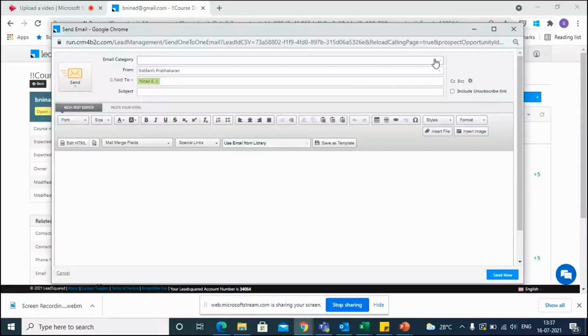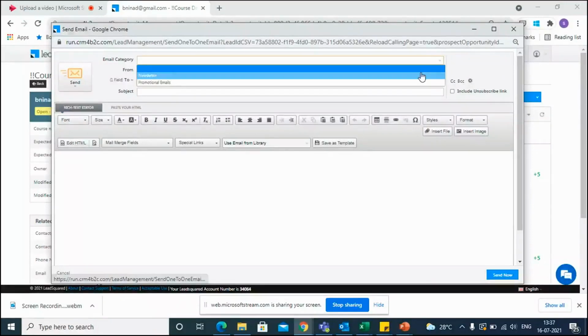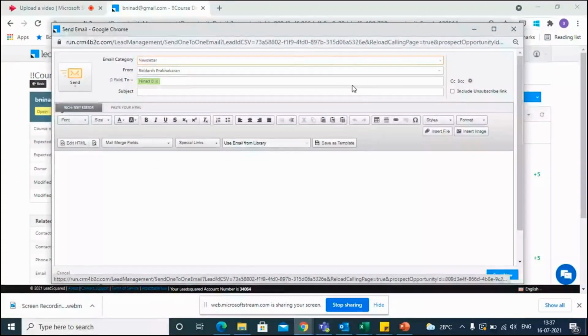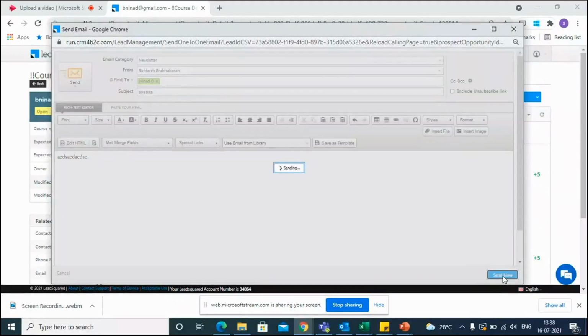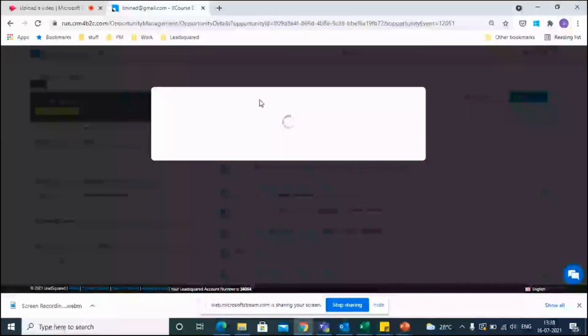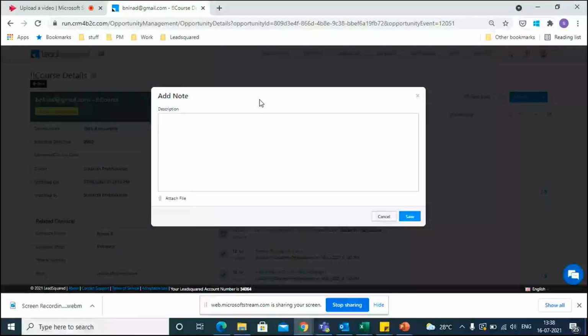We have also enabled email for opportunities. So what it will do is, when we are sending an email from the opportunity details page, it will be sending it to the lead only, except that it will be captured as an activity on the opportunity level. So we have recently enabled this feature. And similar to leads, whatever mail is being sent, it will be captured as an activity here. And all the email activities like email opened, tracking, all of that can be captured on the opportunity level as well. We can also create notes on the opportunity section itself,